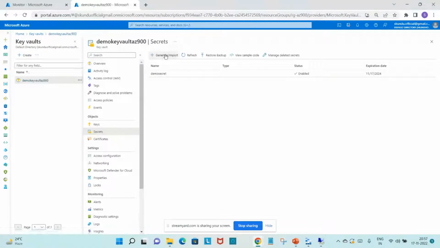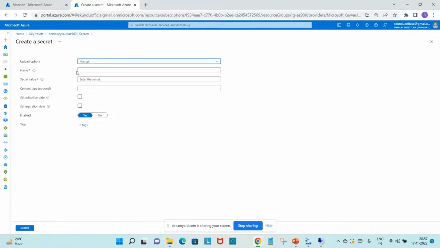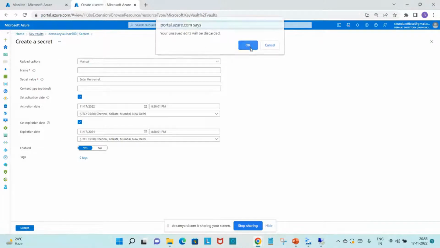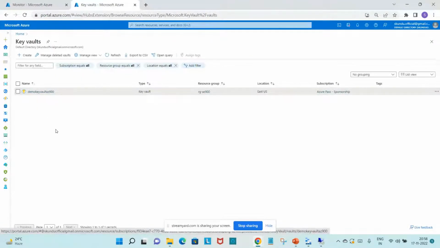So if I generate a new one, you can see here the name which you will be using in your application, the value which you will use indirectly through this name, and it will not get exposed to the outer world. And you will also set the expiration date or activation date from here. In this way it will provide you much more secure access to your data. So normally we prefer to use key vaults wherever we are using passwords or this type of security related data. Okay,